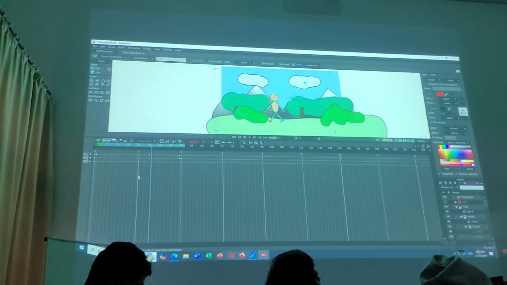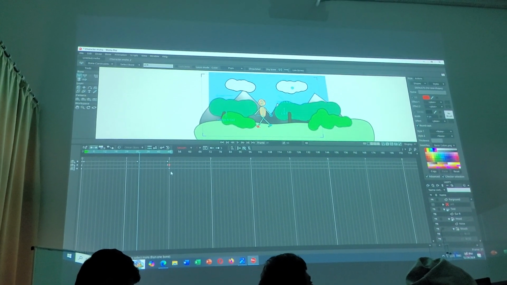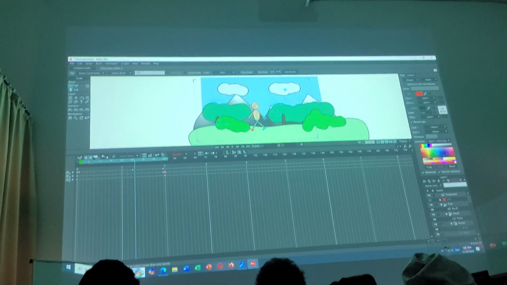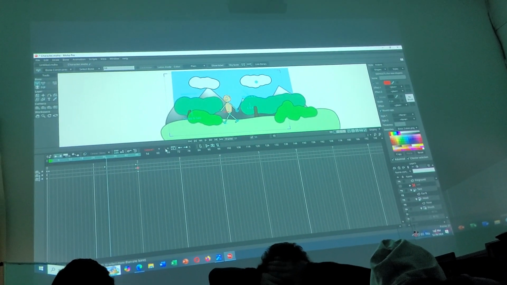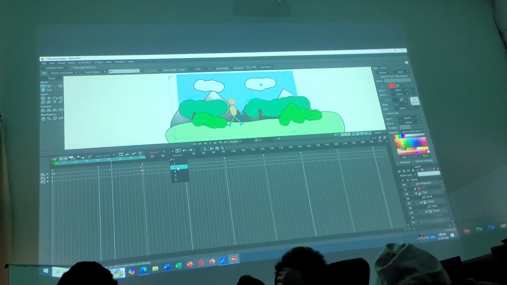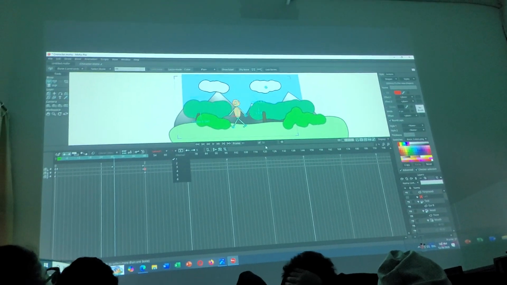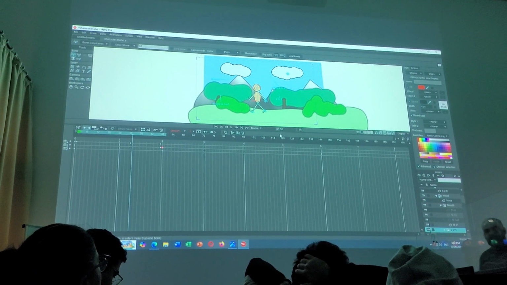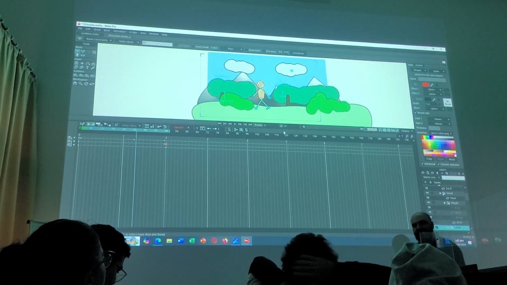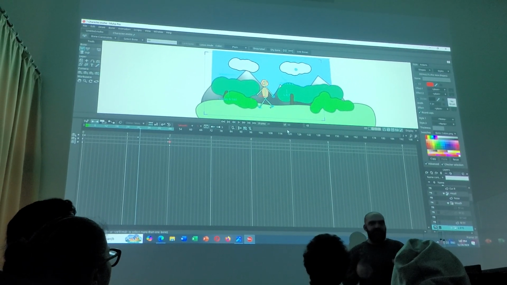I don't know why. I will show you the export after this. You can change the interval of frames. This is what makes your animation look like stop motion or older type of animation. But you can skip frames in between, so your animation looks a little bit